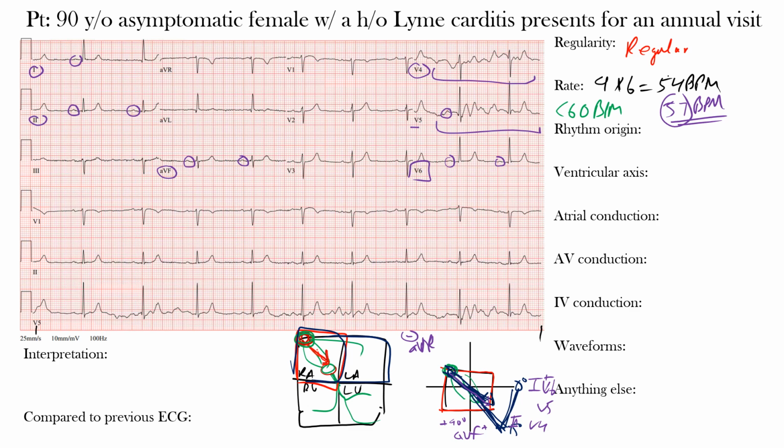We mentioned in AVR, as the impulse moves away from AVR, we should see a negatively deflected P wave. Okay, here's AVR. And there's our negative P wave, and we have another one showing up there, okay? So we're getting there. Now, a few other criteria for sinus rhythm is that we want these P waves to